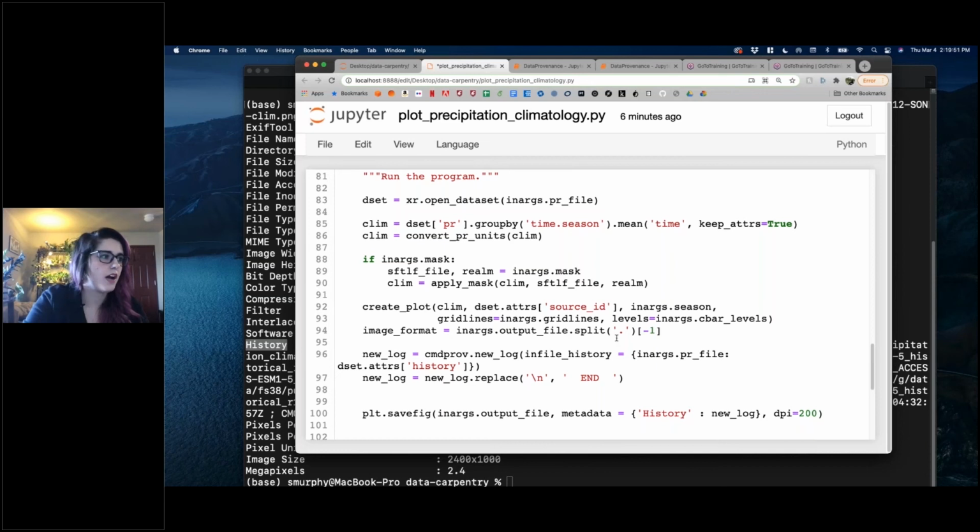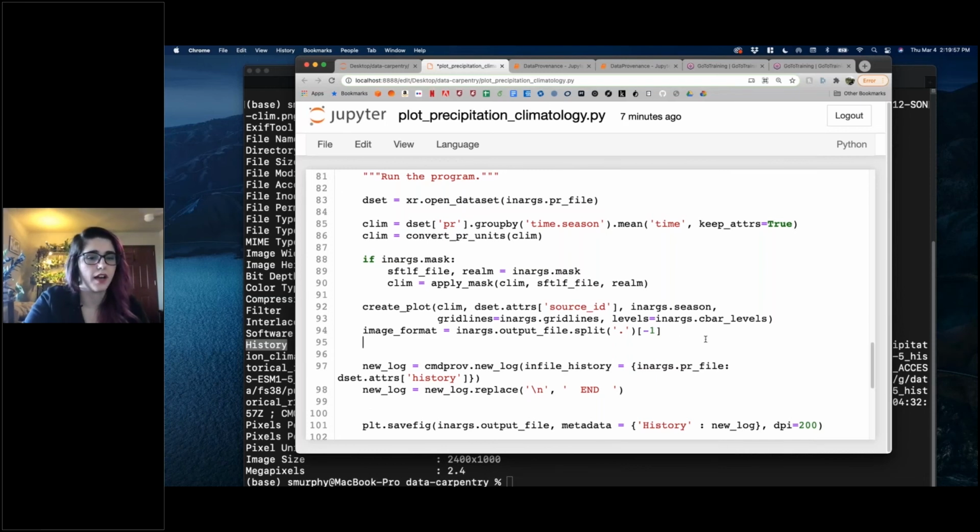So now image format is a string that is ideally png, but if it's something else, we're now going to check for that. So we'll write assert like we did before. We're going to assert that the image format is equal to png, or just PNG because we split on the dot, so there's no more dot. And then I'm just going to put the error to be 'only valid image format is .png'. And so now we can save this